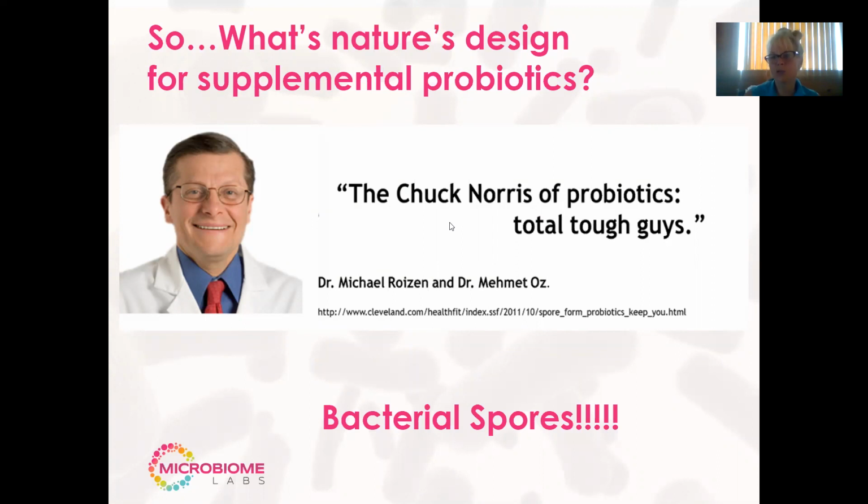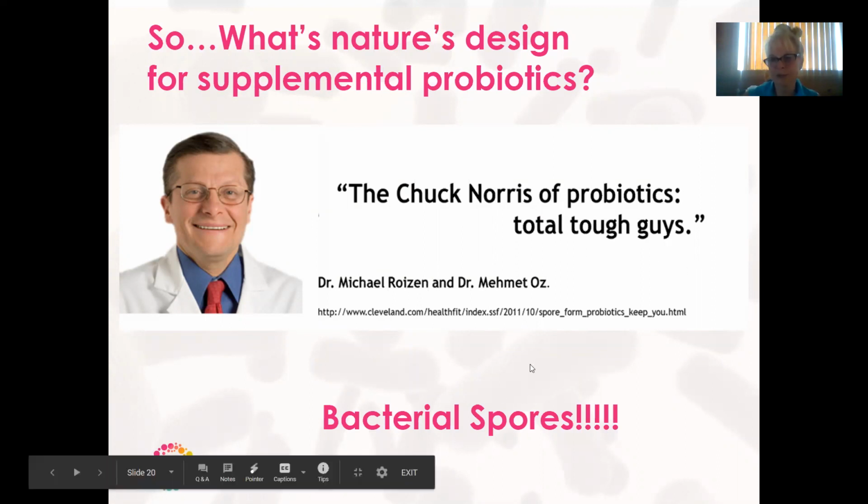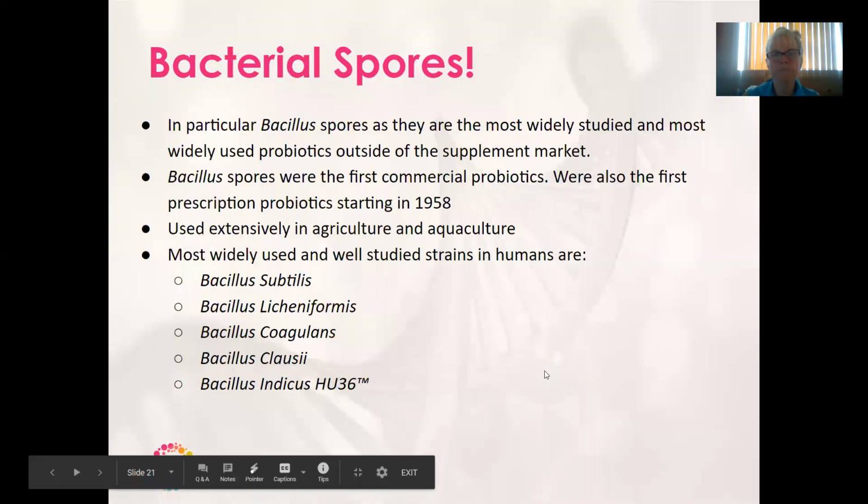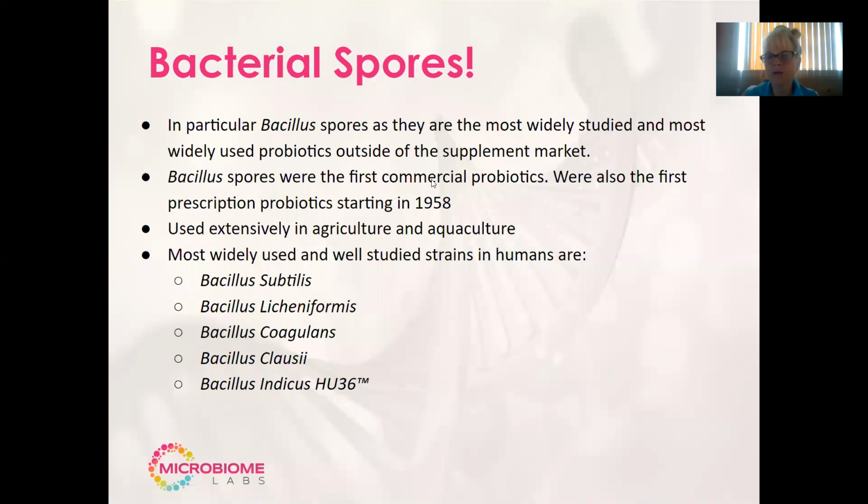This quote is, the Chuck Norris of probiotics, the tough guys, has to do with bacterial spores. So in particular, bacillus spores, as they are the most widely studied and most widely used probiotics outside of the supplement market. Bacillus spores, that means that in Europe for the last 60 years, they have been commercial products, pharmaceutical drugs,